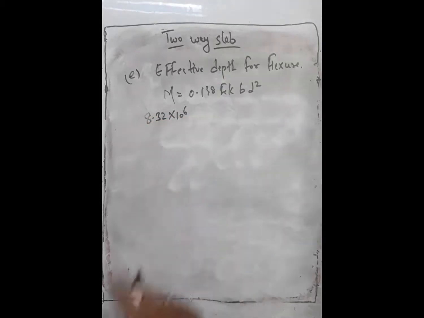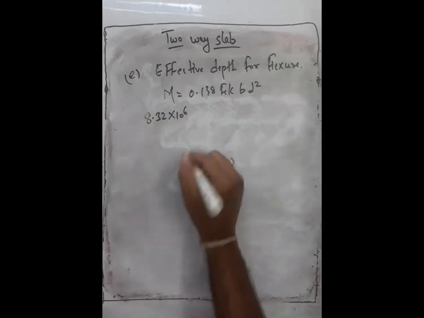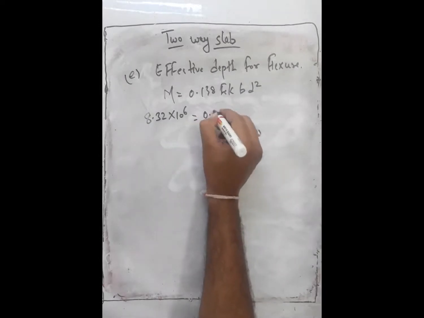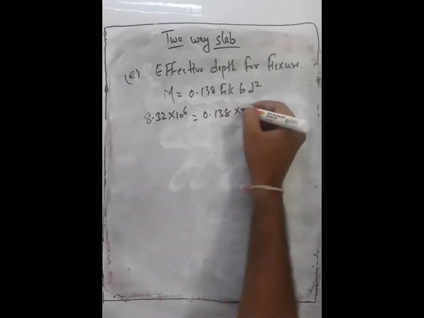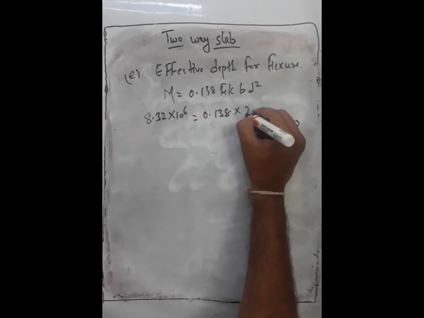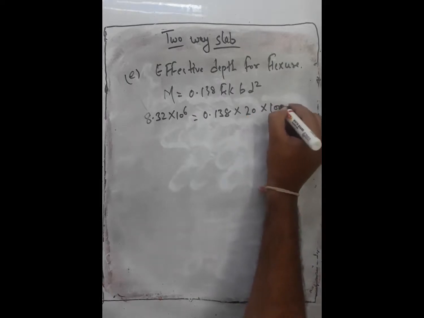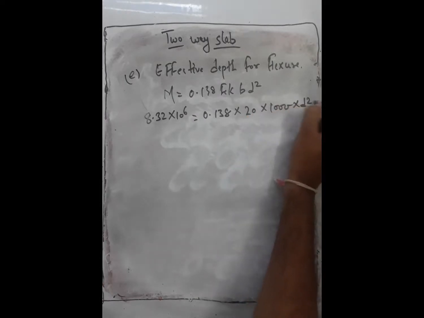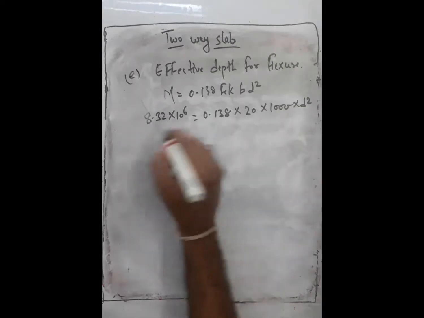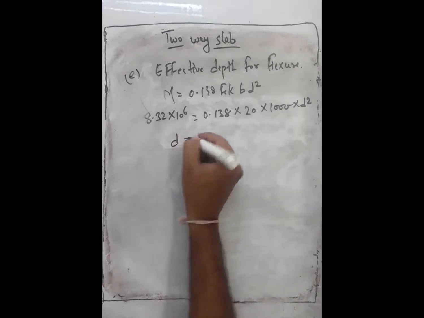So 8.32 into 10 raised to the power 6 is equal to 0.138 into FCK. FCK we have given 20 and we have to take B is 1000 and D we have to find. After solving this equation, here we get D is equal to